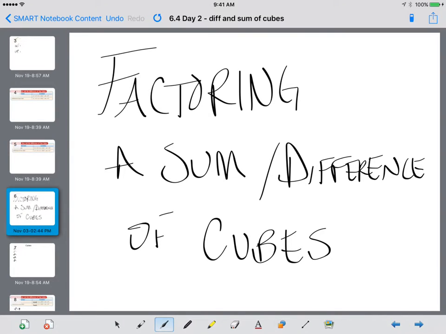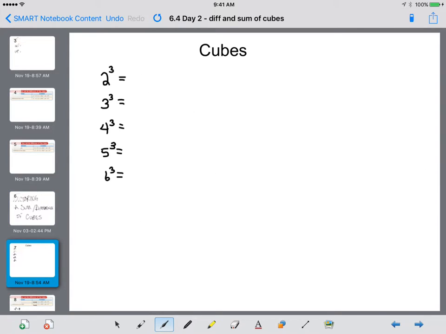In this lesson, we're going to discuss factoring a sum or difference of cubes. To understand this, it is important to know your cube facts. So you might want to take note of what these are. 2 to the third power is